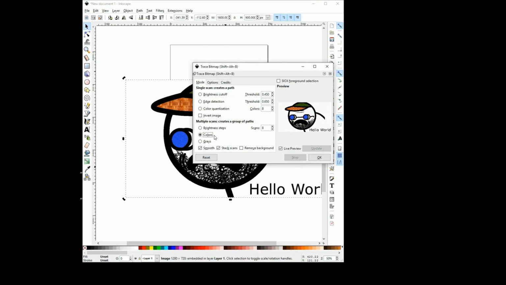Trace, so what this is going to do is trace the image I made, yeah? So I've just made a JPEG image in GIMP, yeah? So I used GIMP to make a nice simple JPEG image. I've now clicked and dragged this into my Inkscape application, and what I'm going to do is I'm going